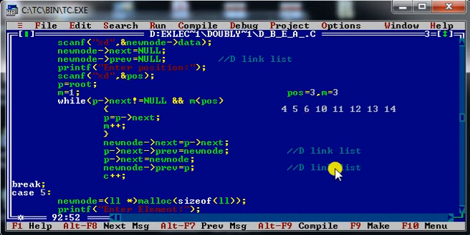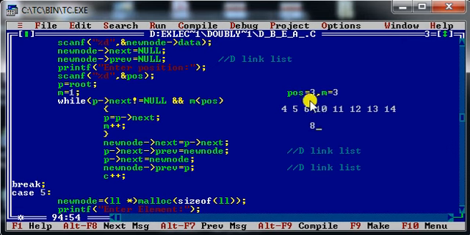Okay. Now I have reached the desired position where I would like to insert a new element, and that element is, let's say, element number 8. So now what I am doing, this is my new node. Now, new node of next: my P is here, P of next will contain the address of 10.